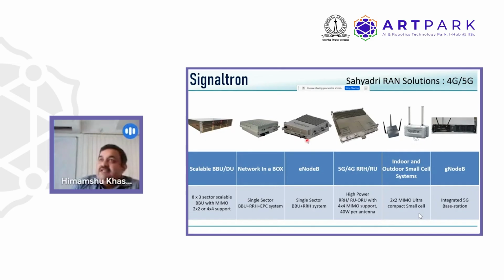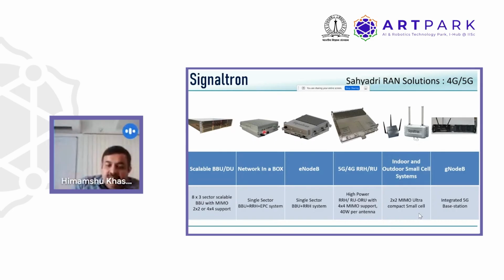This is the base station which is currently deployed in BSNL pilots. About 45 cells are currently radiating with these boxes. Then we have another box called the network in a box, where the RAN and the core network components are both in a single box. These are mainly used for strategic requirements and also for things like disaster management, where the connectivity to a core is not guaranteed, but you want an immediate deployment of a single cell where people can communicate amongst themselves.